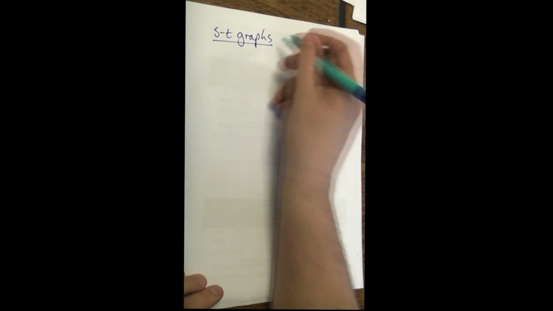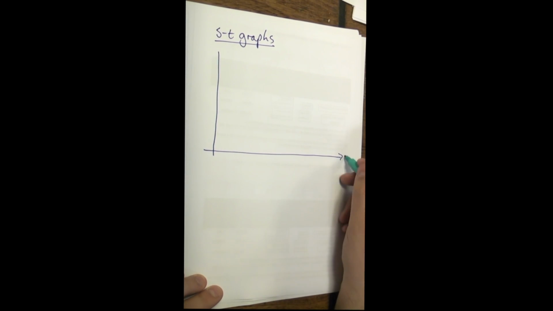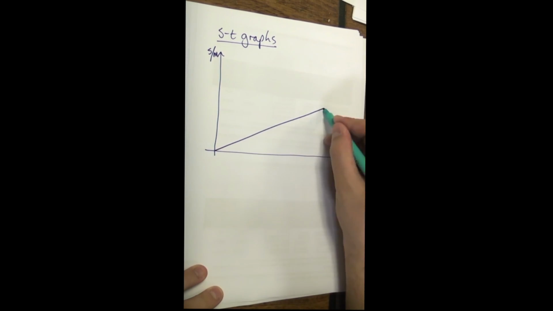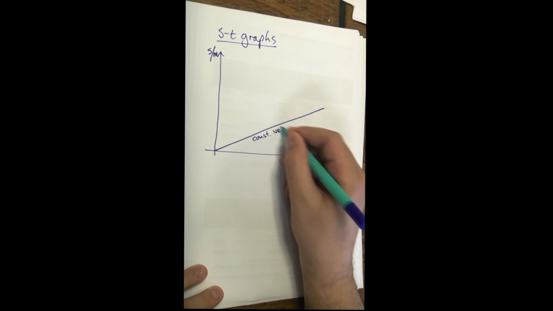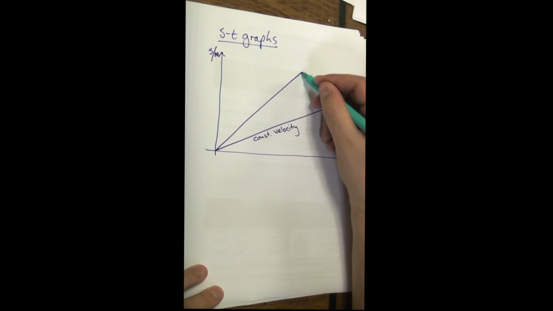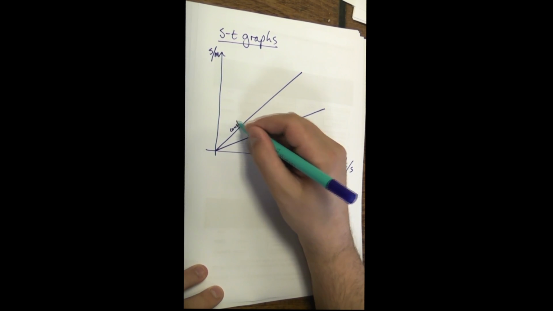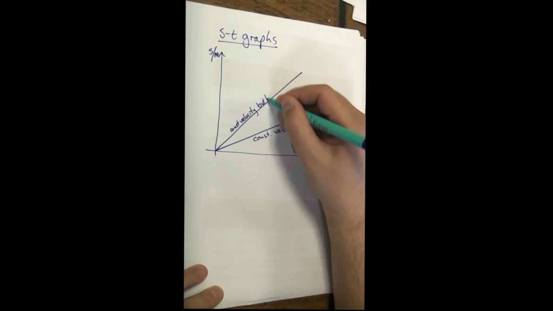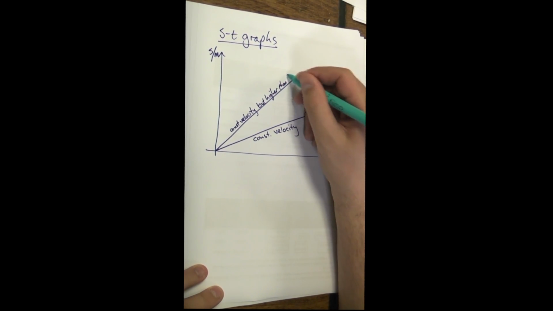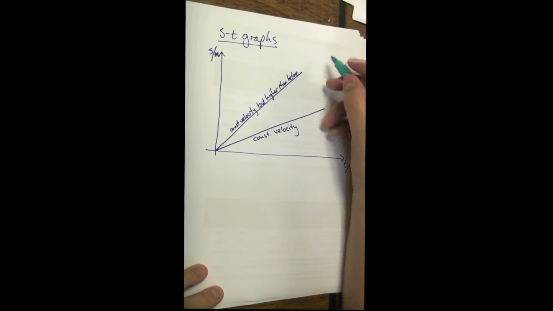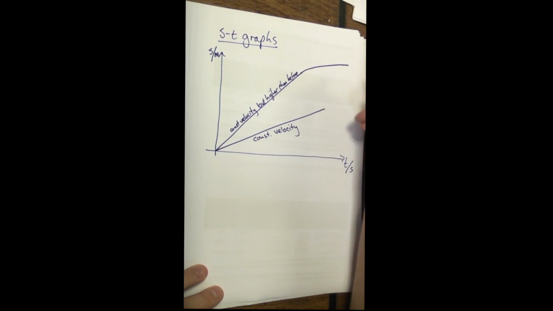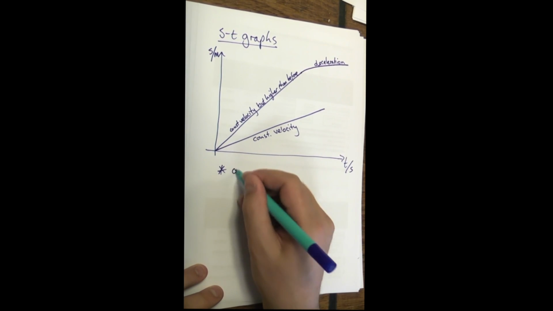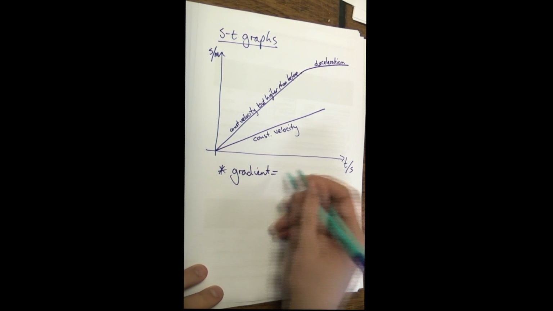Okay, the first thing we'll look at graph-wise is a displacement time graph. Displacement on the y-axis, time on the x-axis. We'll just use meters and seconds here. Now a straight diagonal line represents constant velocity. A straight diagonal line, but steeper this time, is still constant velocity, but it tells us it's travelling faster than before. If it then curves off like so, the gradient's getting less, so that tells us it's decelerating,